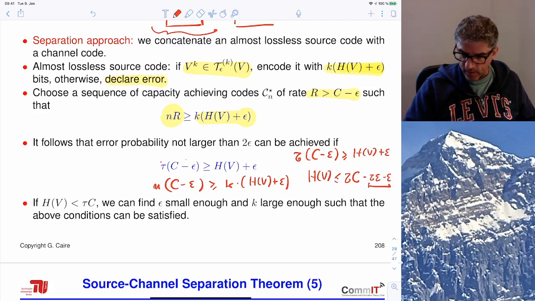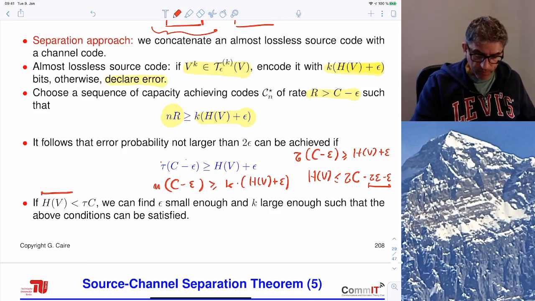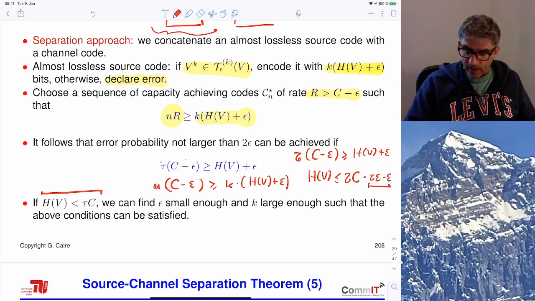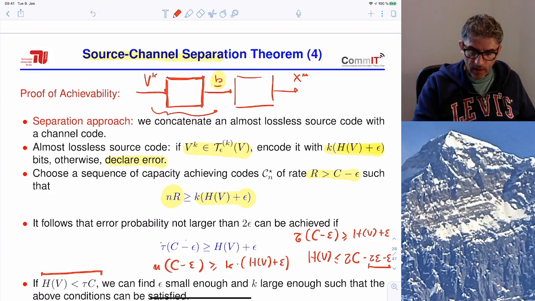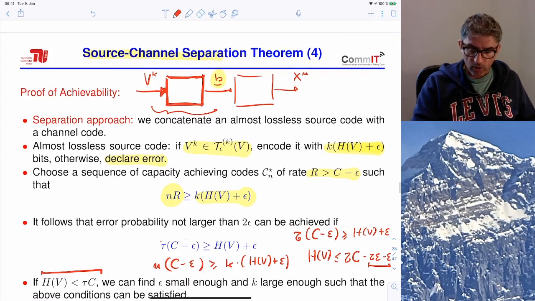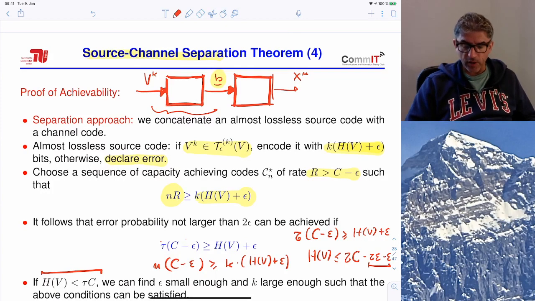So this quantity is as small as we want. So the condition is that if H(V) is less than tau C, then we can find an epsilon for which this is true, and then we can construct this source channel code by composing an almost lossless data compression code with a capacity approaching channel code. This is called the separation approach,